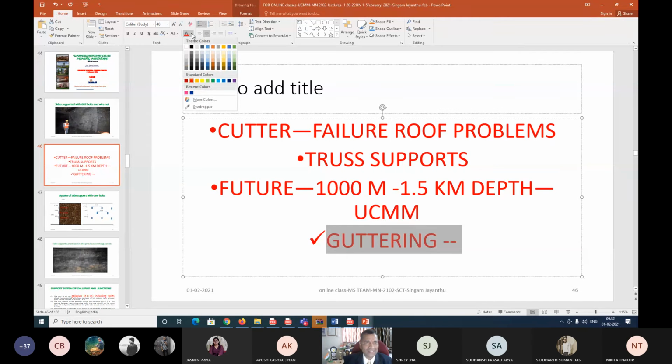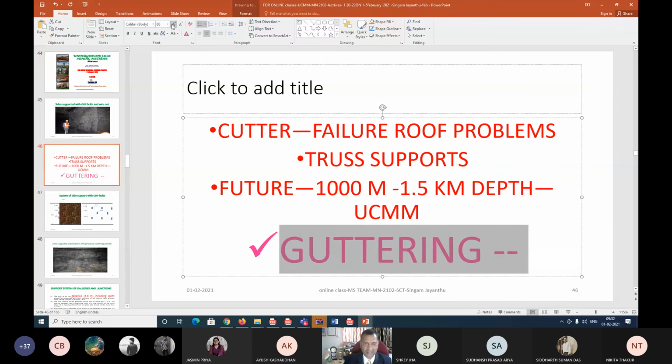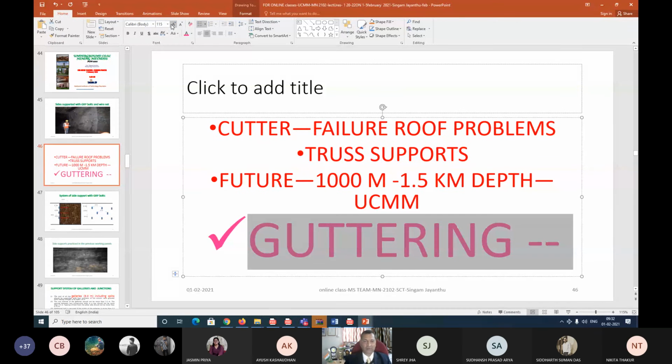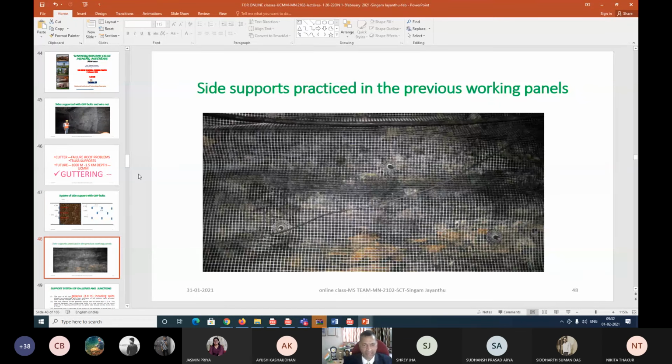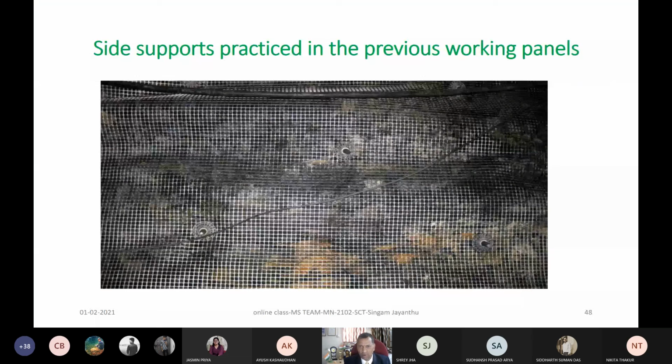Although we are seeing this type of situations, I am marking it in a nice pink color so that you should ask this type of questions and learn more. And not only learning more, you should do it in future as the best mining engineers in India compared to anybody else from any institutes. In the international scenario, you should come up. So this is what I just wanted to tell you, something more.